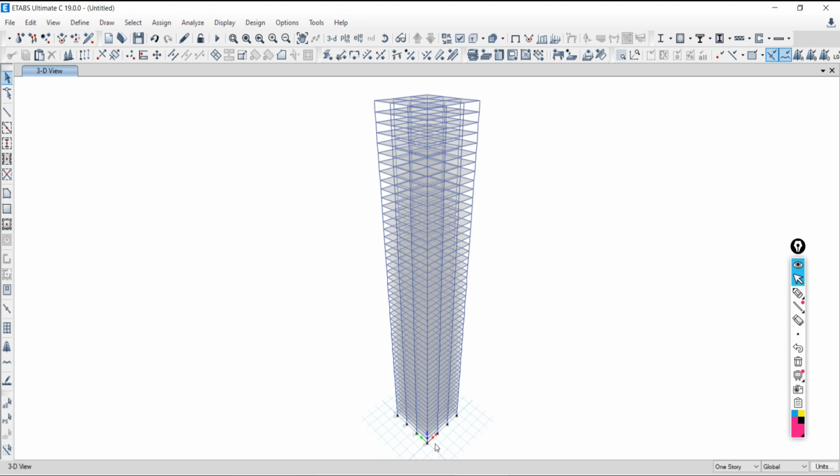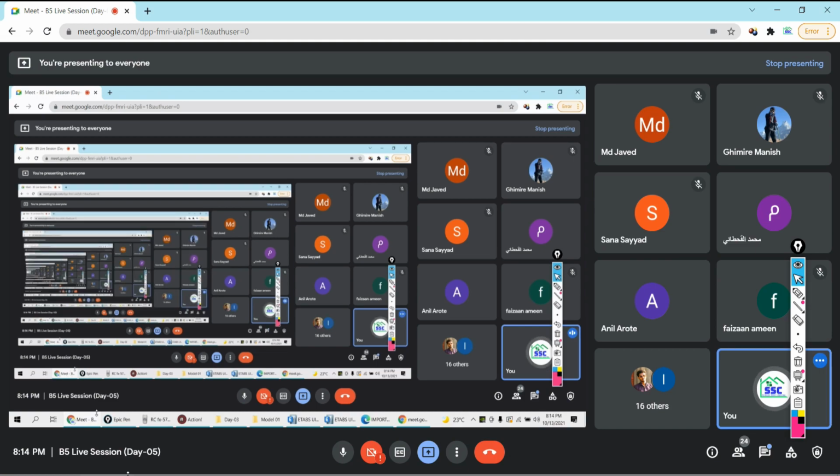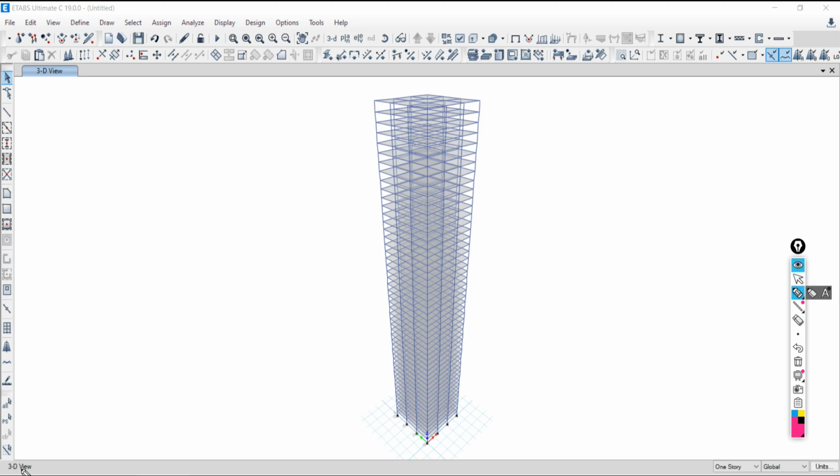Okay. I told you many times, whenever you are working with the ETABS software, your concentration should always be on the left bottom side and right bottom side.